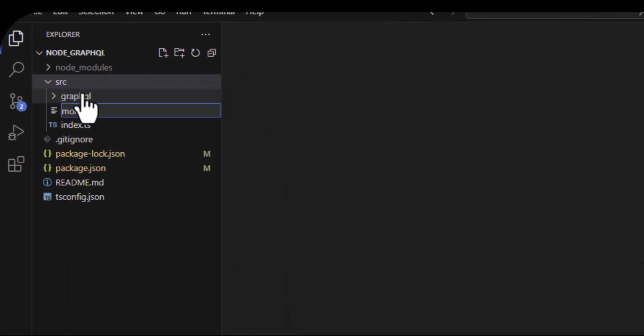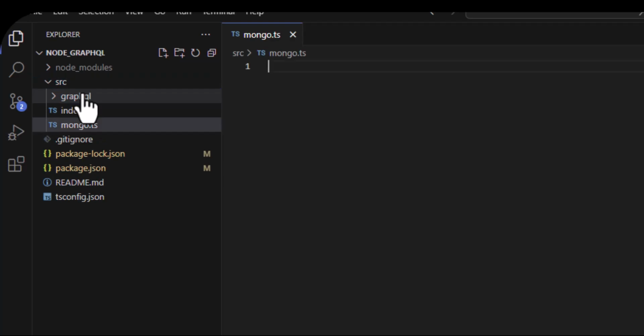This file will play a pivotal role in our application. It's in mongo.ts that we'll establish our connection to the MongoDB database. We'll be organizing functions for connecting to, disconnecting from, and managing the database within this file. Having a dedicated file for these operations aligns with a modular approach, enabling us to centrally manage our database interactions